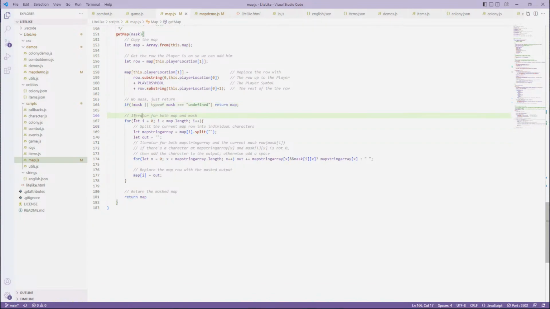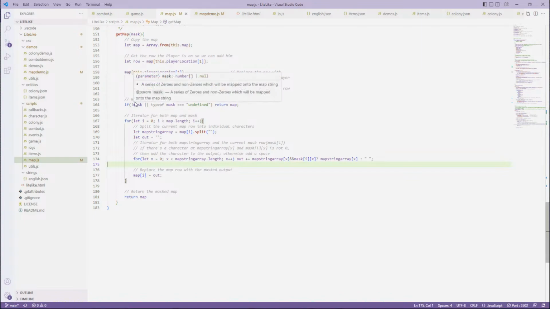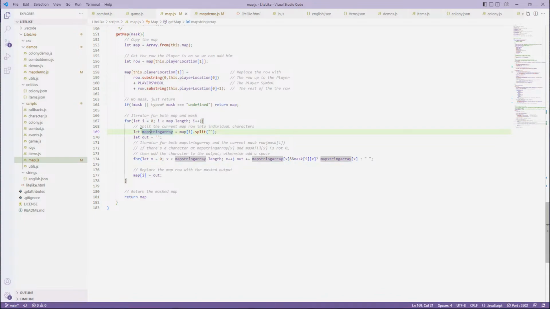So now we need to implement the mask. If we do not have a mask, we can just return, but implementing the mask. First off, I'm sure there's other ways of doing this, but this is how I ended up doing it. I would have preferred not to do this in Python, but we're not in Python right now. We're in JavaScript. So we get an iterator, and we're going to iterate over both the map and the mask